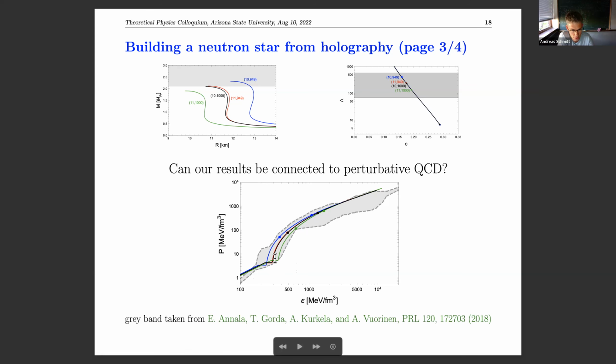Another feature to point out is that we also deviate from this low density band here. Maybe not too surprising because we use this simple construction of the crust. But I don't have too much more to say about this. It would still be nice to understand this more deeply, but since we use this simple construction of the crust, that's probably not too surprising.